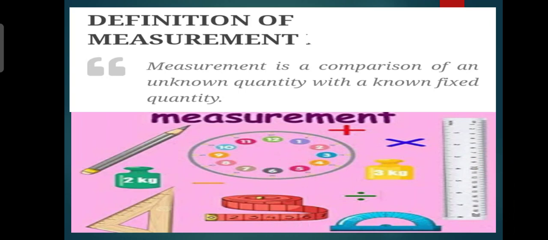Next one, capacity. Capacity is a measure of how much quantity things can hold. Capacity is measured in liters and gallons. Next one, temperature. The temperature of things is the measurement of how hot or cold it is. Temperature is measured in Celsius, Fahrenheit and Kelvin. We can convert from one unit of measurement to another.